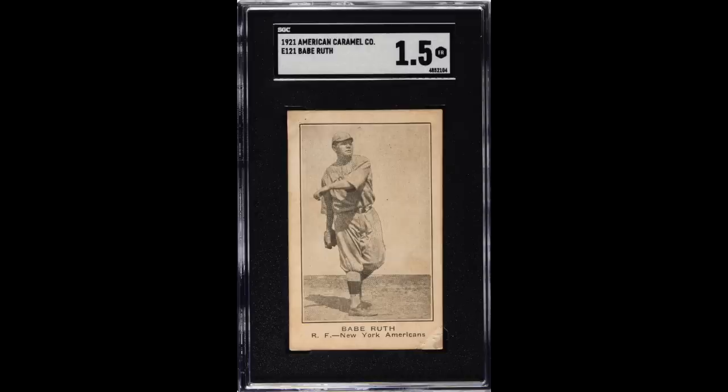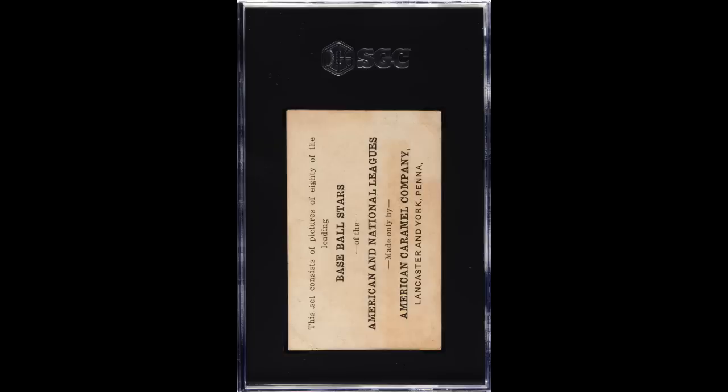Number 8, 1921 E121 American Caramel Babe Ruth, graded an SGC Fair 1.5, and looks like a really sharp, strong eye appeal 1.5. Let's say the bottom right corner clearly has some paper loss, hence the very low technical grade, but otherwise looks pretty nice both on the front and also on the back. Sold for